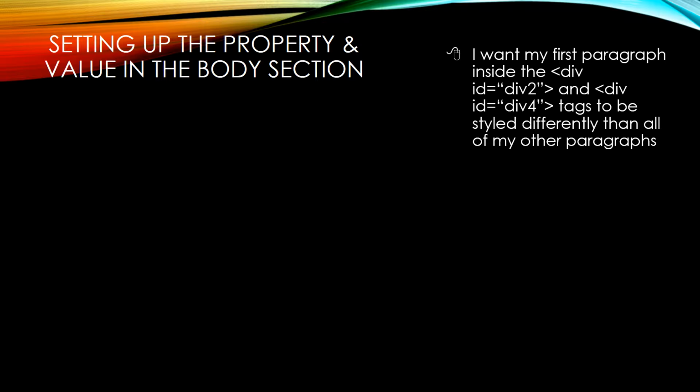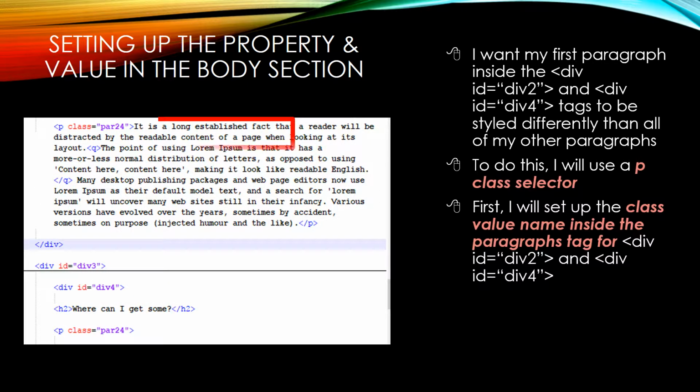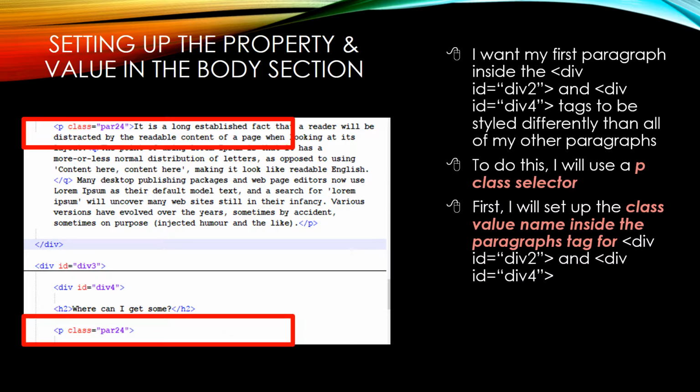All right, setting up the property and value in the body section for our paragraph tags. I want my first paragraph inside the div 2 and the div 4 tags to be styled differently than my other paragraphs on the page. To do this, I will use a paragraph class selector. So first, I will set up the class value name inside the paragraph tag within the body section inside my